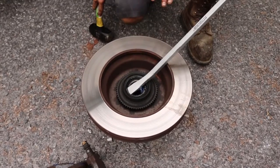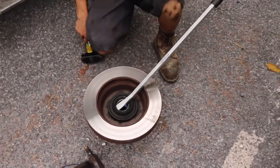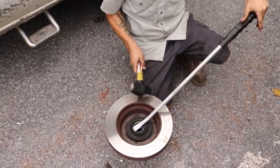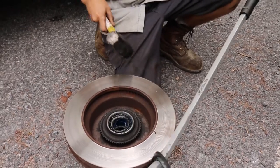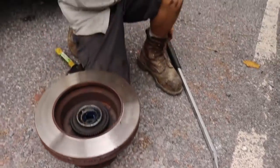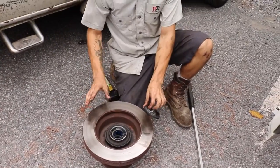The different ways that people go about removing the old dust seal. They make special tools for it. Some people go with a pry bar. I go with a long 3-foot pry bar and a 4-pound hammer, and I hold brace here and I hit right around this area of the pry bar. Once you have that guy removed, you can work on transferring the bearing from your old rotor assembly to the